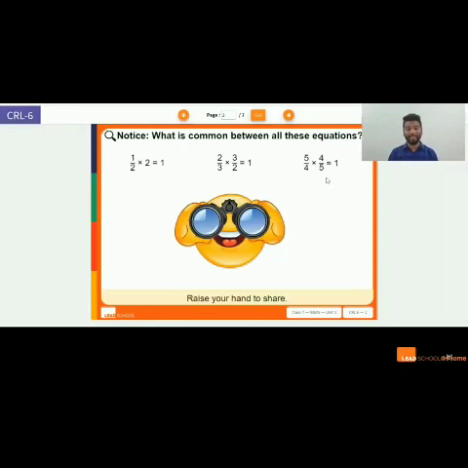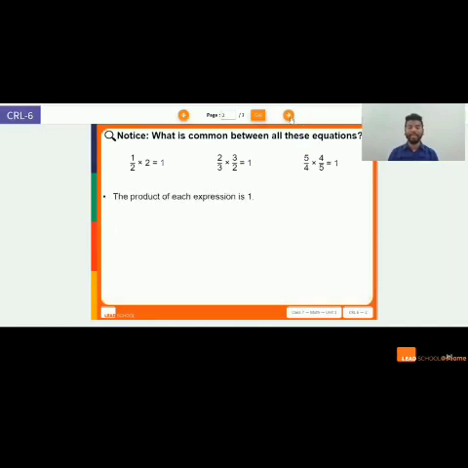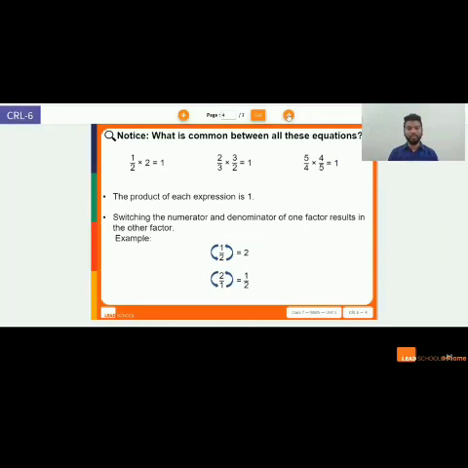It's a very obvious answer. Last 5 seconds. Great. So the obvious answer is the product of all the three cases is 1. Can you see? This is very evident. Now let us read further.